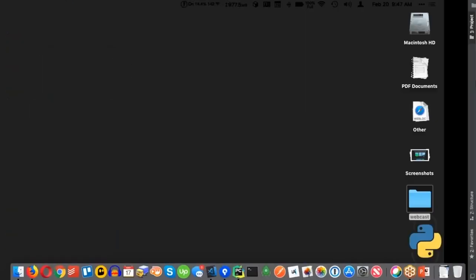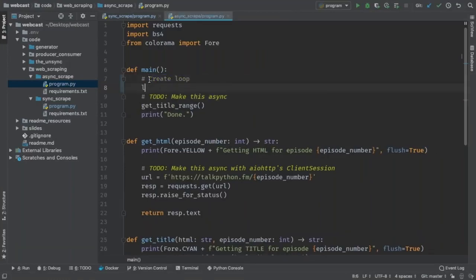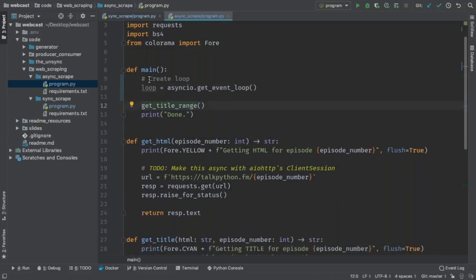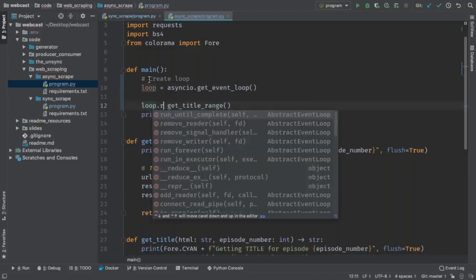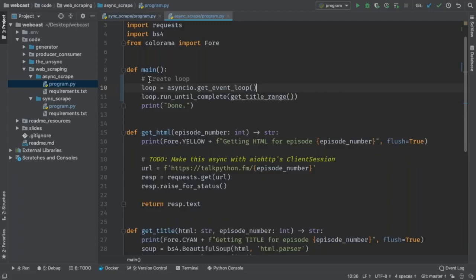Let's go over here and create our event loop. We'll say, like before, equals asyncio get event loop, like so. And then we want to say just this, loop.run until complete, that.